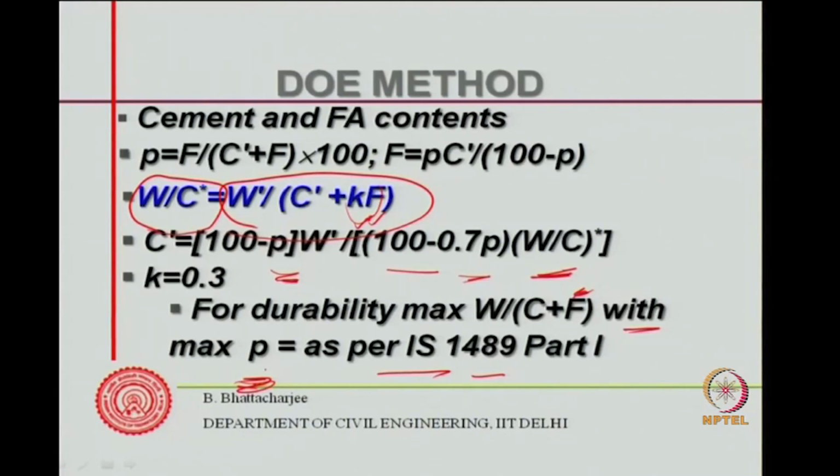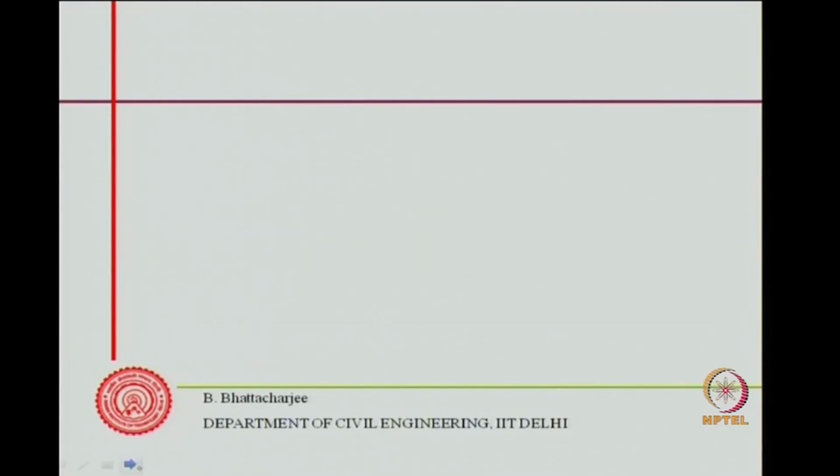So, P should not cross this limit if you are using it in this formula, and this is true for the IS method as well. So, maximum water to C plus F instead of maximum water content. This we will discuss again when we talk of durability. So, this is from durability criteria, and C plus F